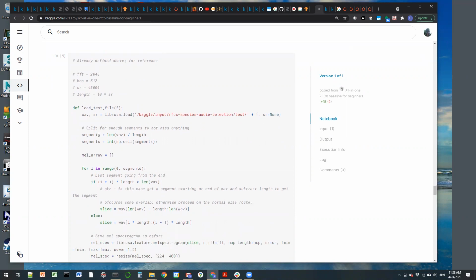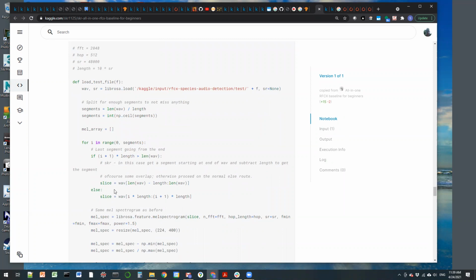He splits the test data into segments. He takes the ceiling of the number of segments because you don't want to leave any portion of the actual waveform unchecked. So if it is 2.3, then you want it to go to 3. And then all he is doing is, if your segment is at the very end of the wave, then you do this weird stuff of taking the length of the wave, subtracting, and going to the end. If you draw some pictures to yourself of what you would do with a fractional segment,